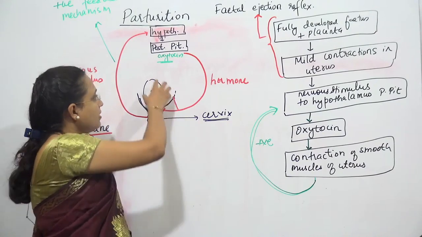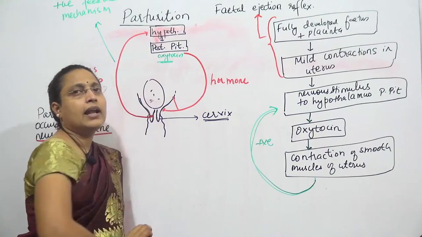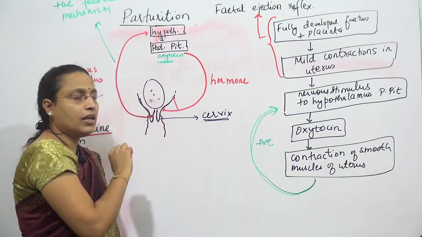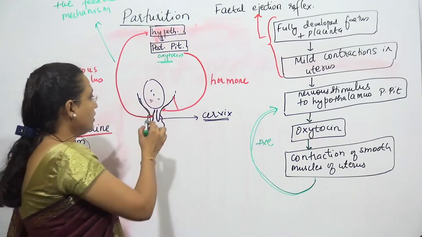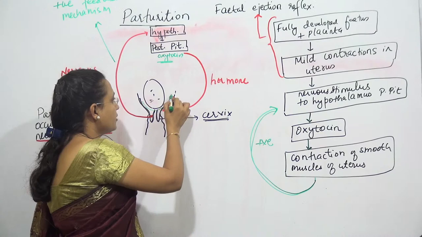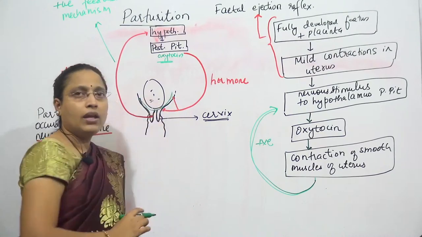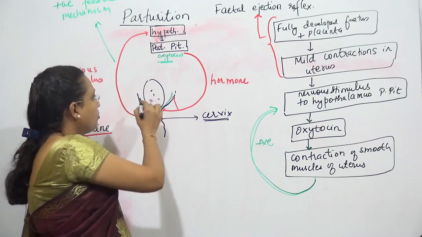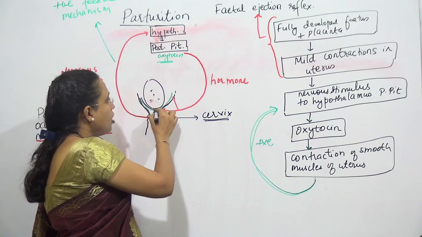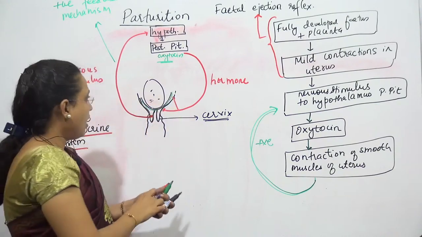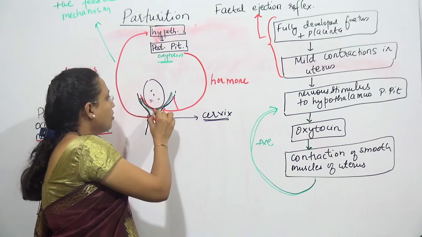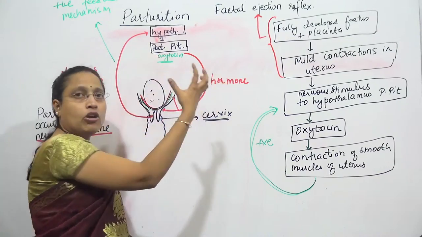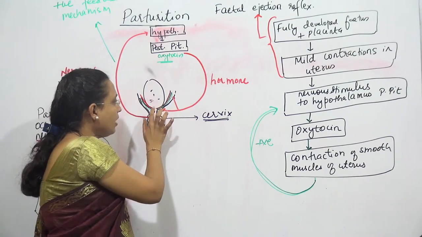So now what happens? The fetus is delivered. Before the fetus is delivered, there are some membranes associated with it. Decidua capsularis was there, which is very thin, followed by one more layer, called chorion, the second layer. And one more layer was there, amnion. And then comes the fetus. Now, because of the pressure created by contraction of smooth muscles, these membranes will break.